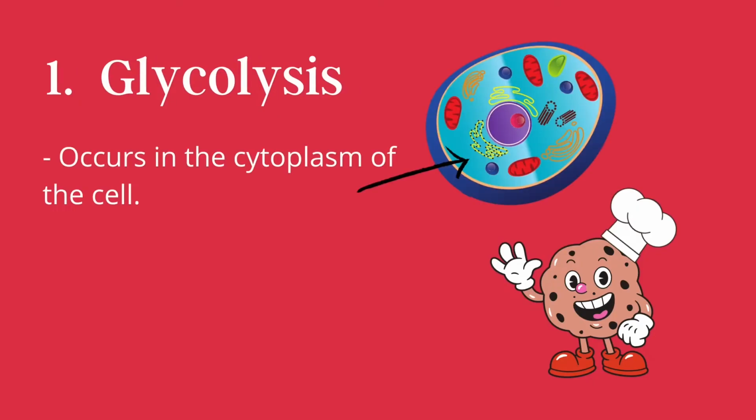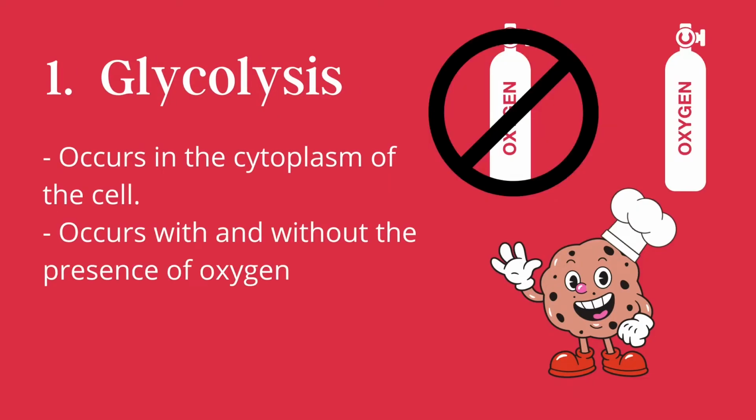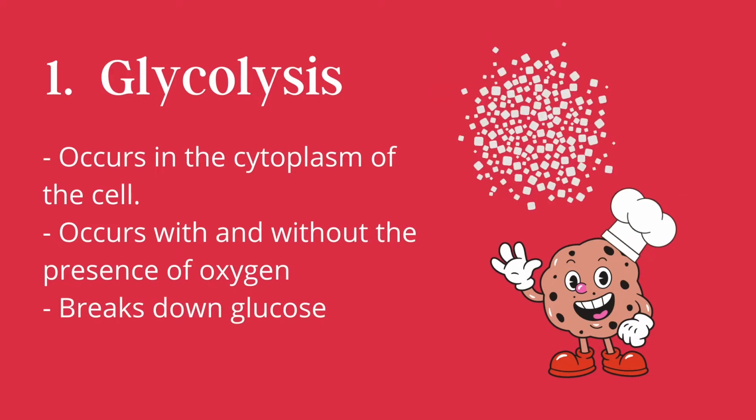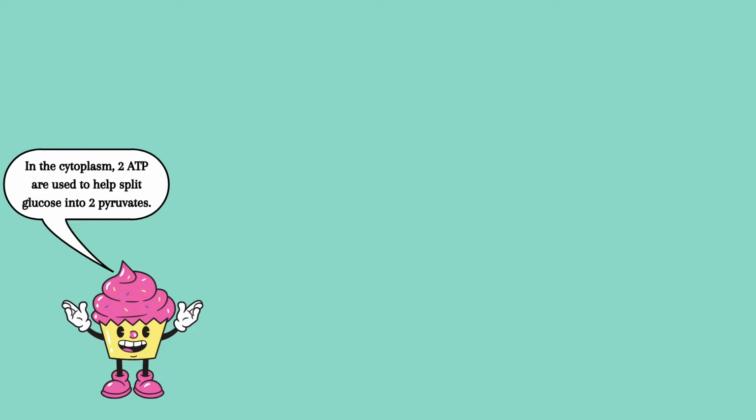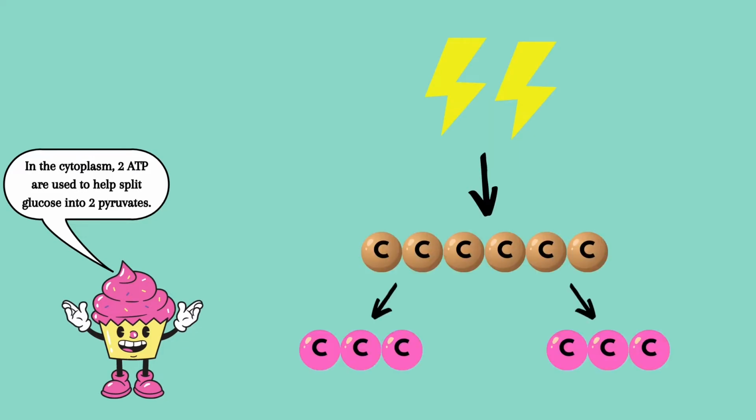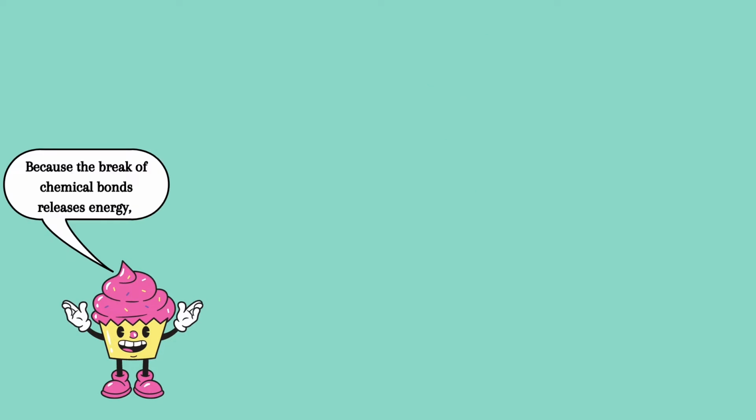Glycolysis is the first step of cellular respiration. It occurs in the cytoplasm of the cell. It occurs with and without the presence of oxygen. The purpose of it is to break down glucose, and it produces a net of 2 ATP. In the cytoplasm, 2 ATP are used to help split glucose into 2 pyruvates. Because the break of chemical bonds releases energy,